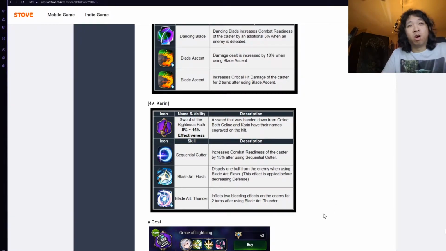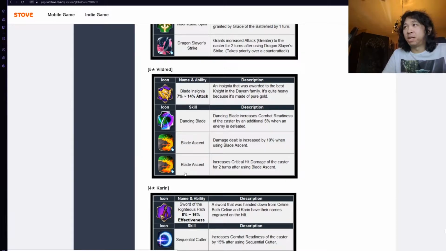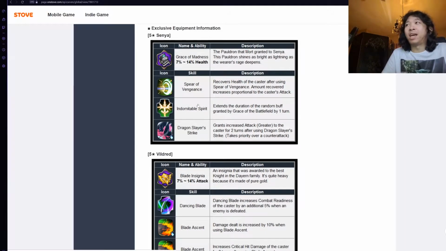So, all in all, I think the Karen one for PvE is really good. The Vildred one will make him better, but I don't think he'll be used. And the Senya one is like a wait and see. I don't use Senya myself, so...